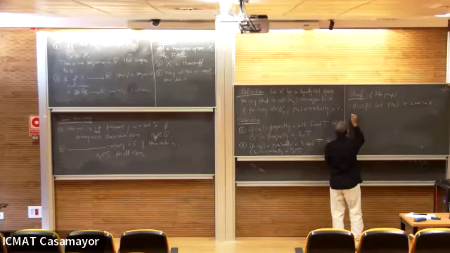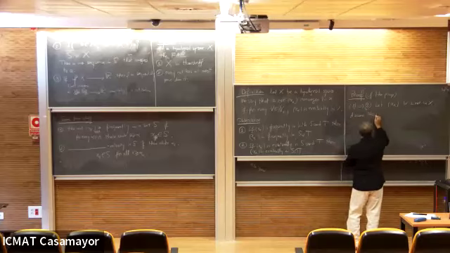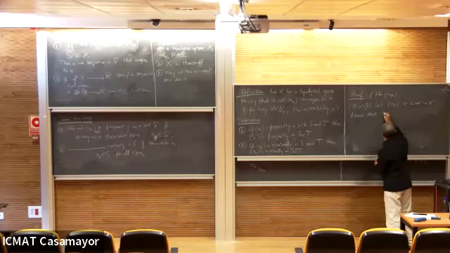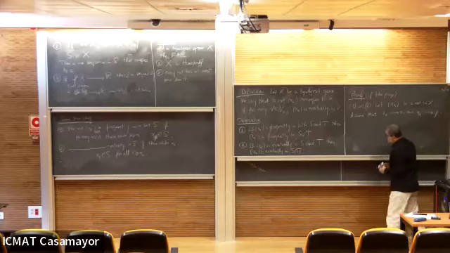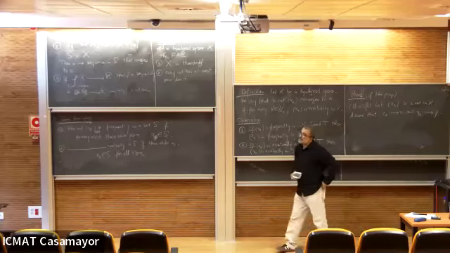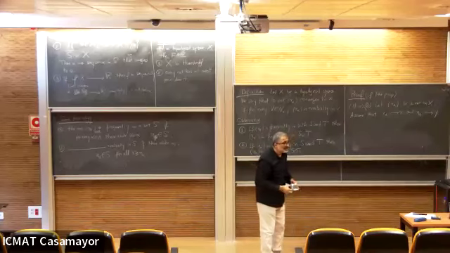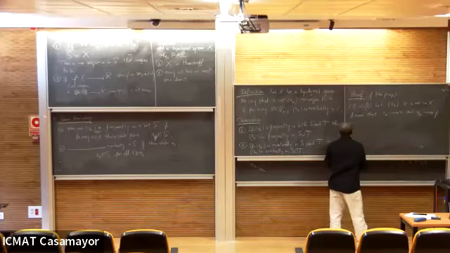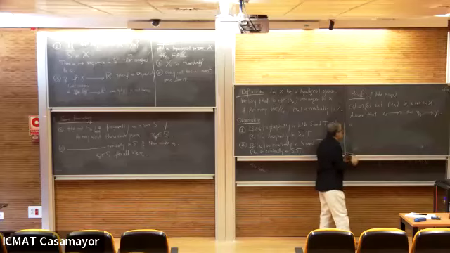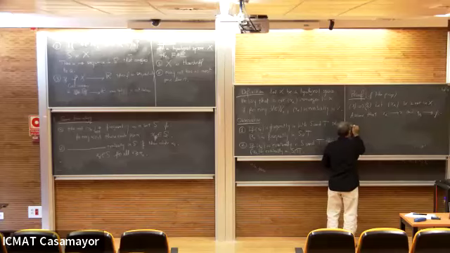So assume that X alpha converges to X and X alpha converges to Y. And I want to show that X is equal to Y. And I will argue by contradiction and assume also that X is different from Y,